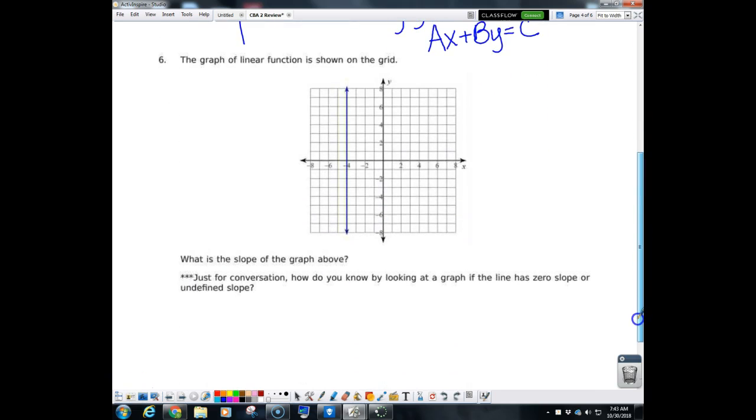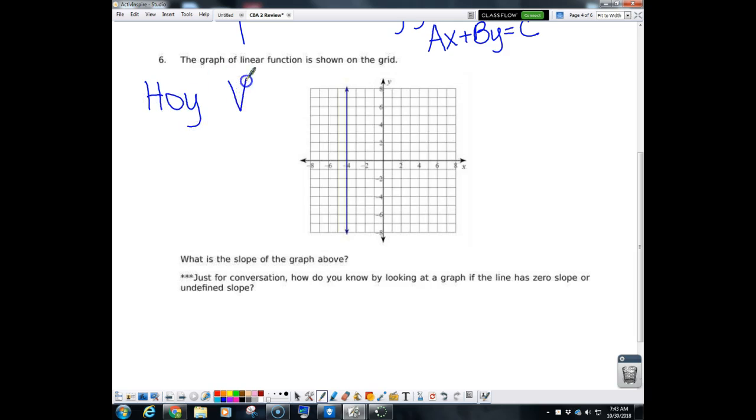Okay, number 6. The graph of a linear function is shown on the grid. What is the slope of the graph above? Remember, whenever you have a vertical or a horizontal line, those are our special cases, right? And that's when you should remember